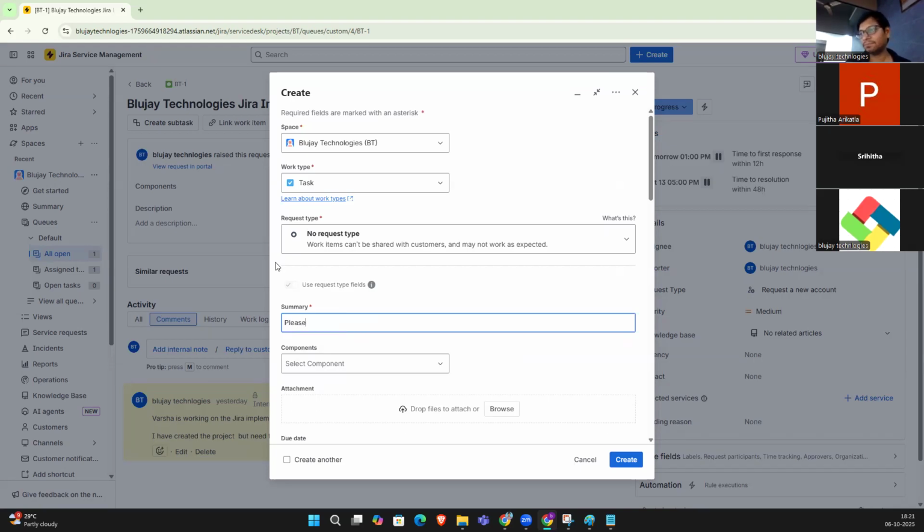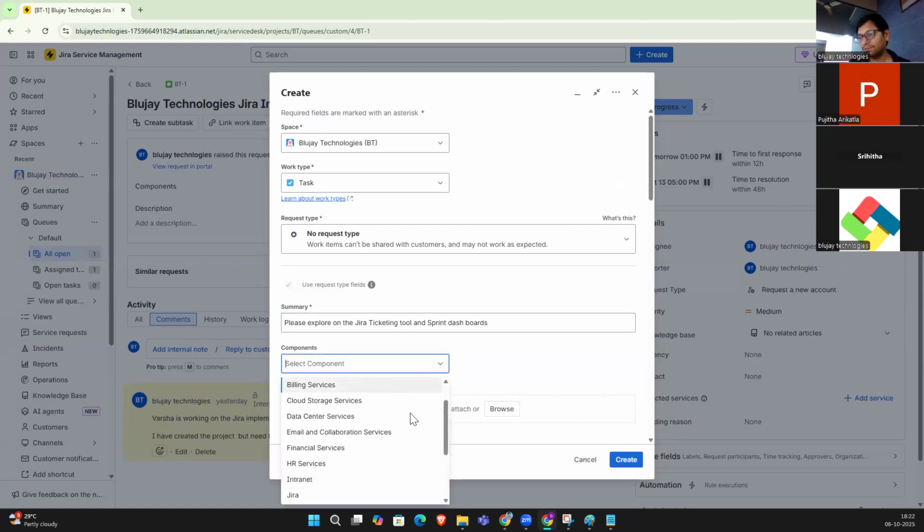Please explore the Jira ticketing tool, the sprint dashboards, boards, dashboards. Okay, select the component.